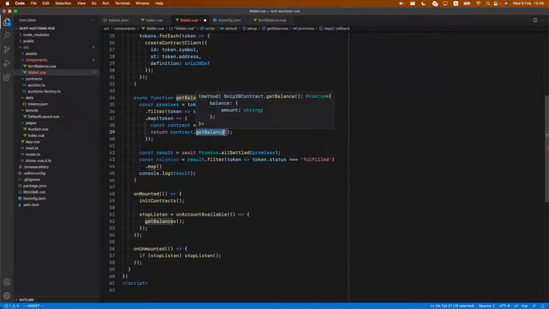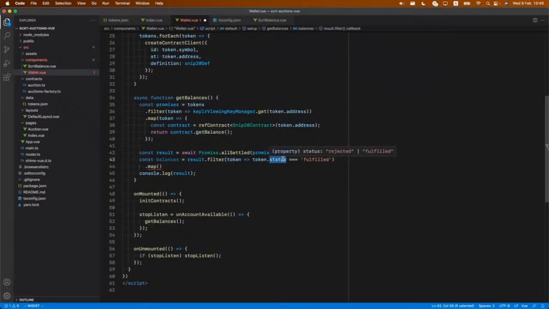But there might be other reasons that they could fail, right? Could be rejected. So this status, in terms of the promise itself, can be either rejected or fulfilled. That's the reason why we still need to do a double check there. And finally, we can get